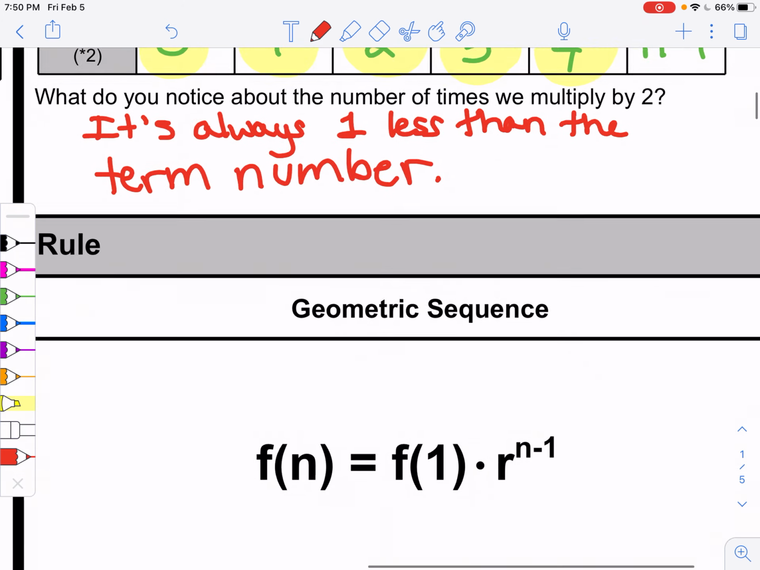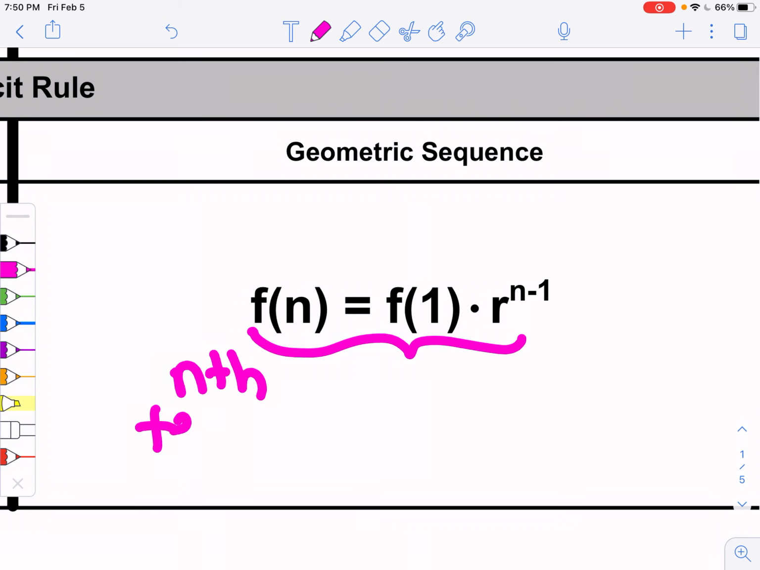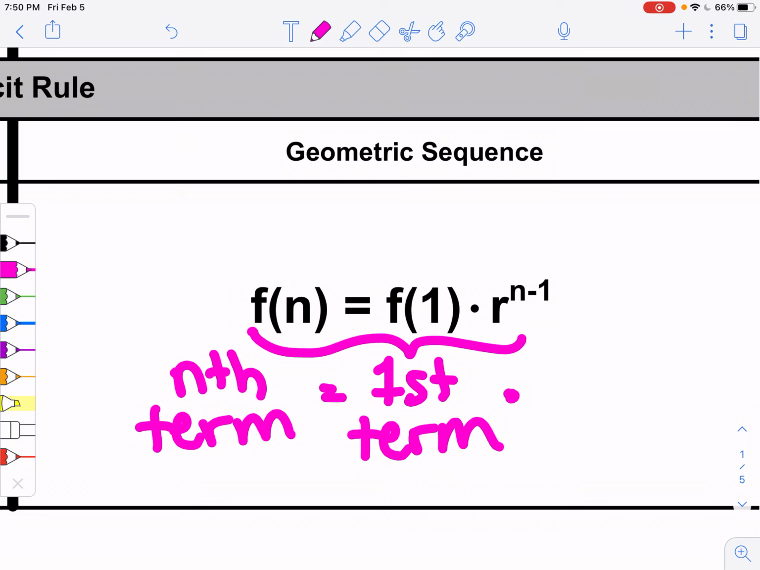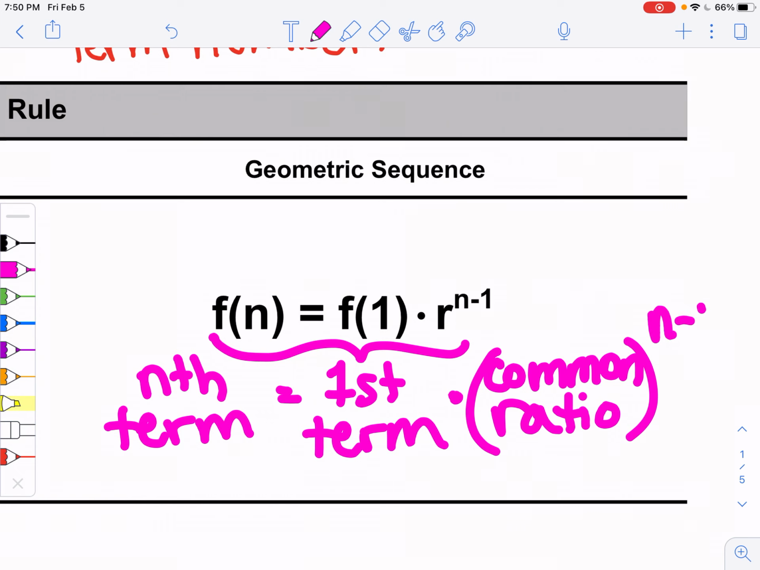So let's take a look at our explicit formula for geometric sequences. And you might not have seen this before, so we'll break this down. So f of n, we have the nth term, equals the first term, times the common ratio, to the n minus 1 times, and that's an exponent. So this n minus 1 up here,